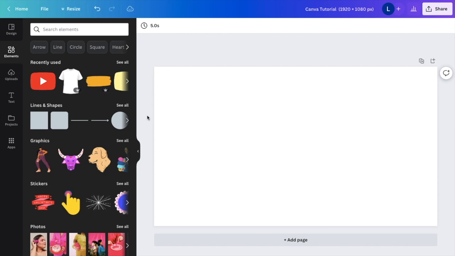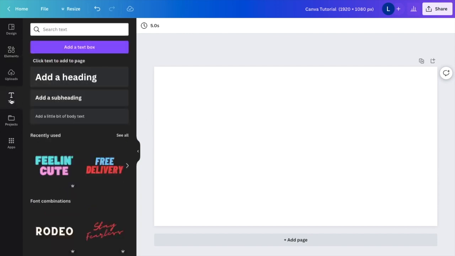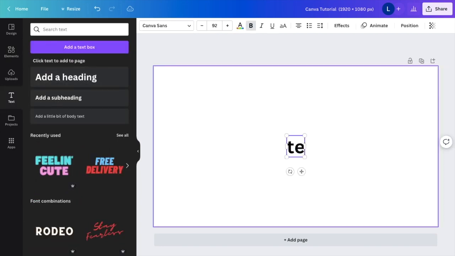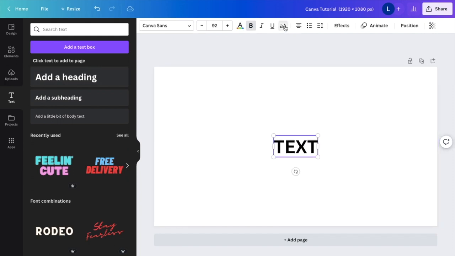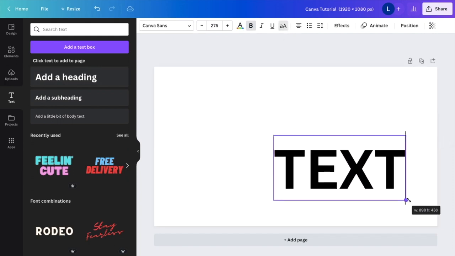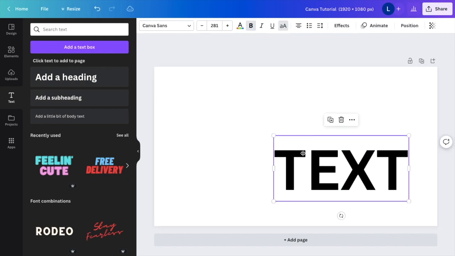So in this Canva tutorial video, I'm going to be showing you guys how to flip text here on Canva. So first thing you have to do is type some text that you want to flip. So I'm just going to go to text here on the left hand side, go to add a heading. And just for simplicity's sake, I'm going to type in the word text. I'm going to make it all capitalized. And I'm going to make the text a little bit larger so it's a little bit easier for you guys